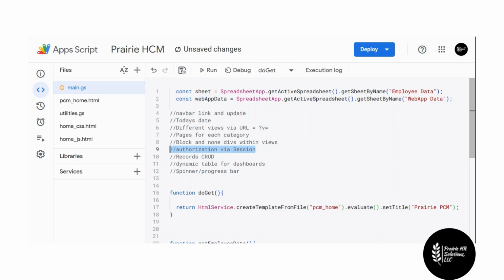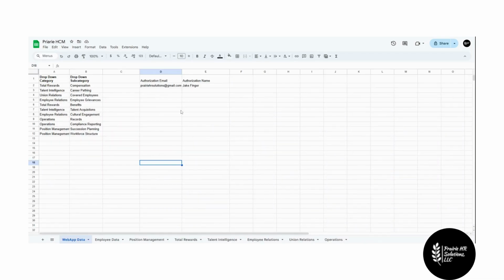So it's a good way that you can authorize people to view certain things through whatever email they log in with. So that's what I'm going to focus on today. And what I've done was, in our sheet, I don't want to hard code that. What I'd like to do is inside our sheet here, keep a list of authorized emails. And then depending on what email is gathered,